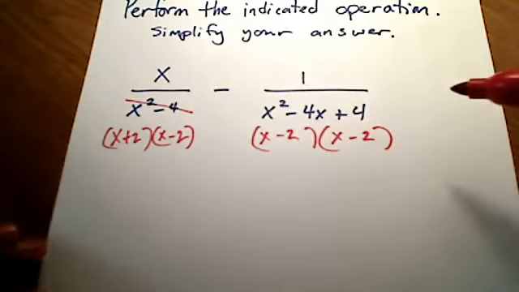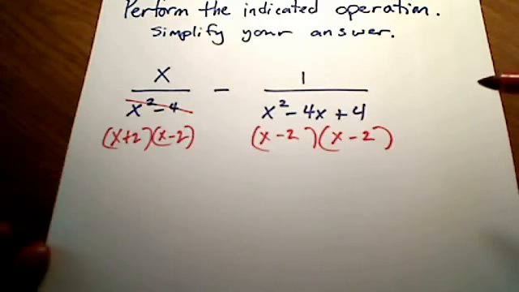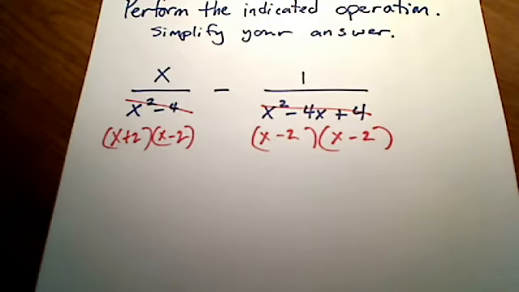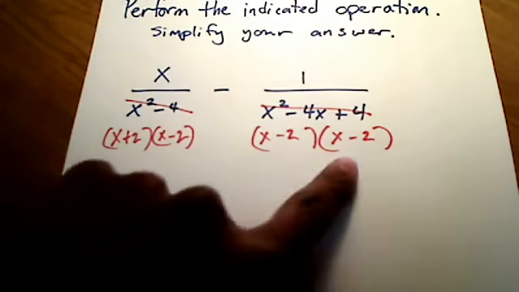These two parentheses are exactly the same. It's called a perfect square trinomial. Alright, so we've factored both of those denominators, and now that you see that, hopefully it's easier to see that the LCD in this case is going to be one of these x plus 2's and two of these x